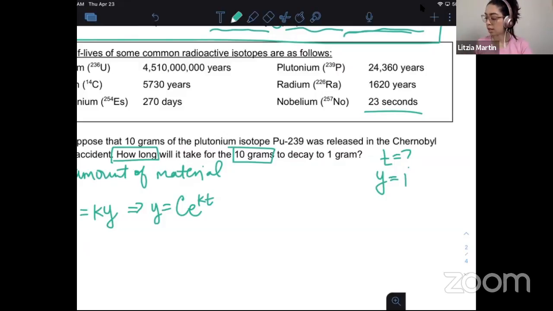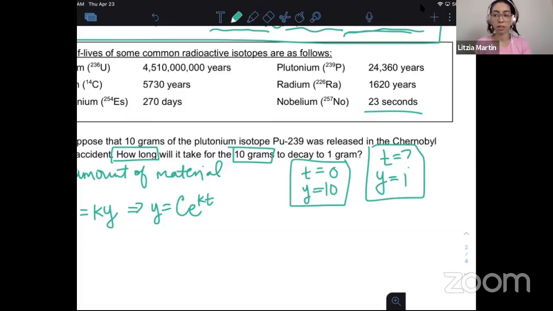So that means that if y is equal to 10, then t is equal to 0. That's an initial value for us. So we have two sets of information here. One of them is incomplete, so we know that we can't use that one right away. This is the only one that has both t and y, which means that we can take both of those